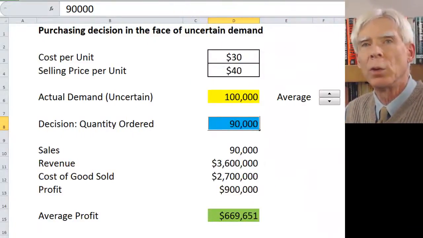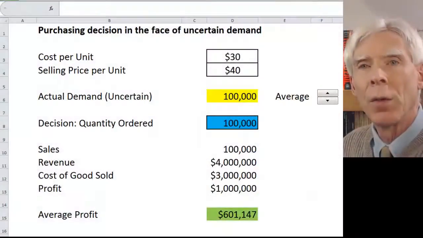In the last video, I showed how preserving the uncertainty in a forecast leads to better decisions. Even though the average demand was 100,000 units, average profit was increased by ordering only 90,000 units. This model is based on an approach called SIPMath, which uses the Excel data table and requires no macros or